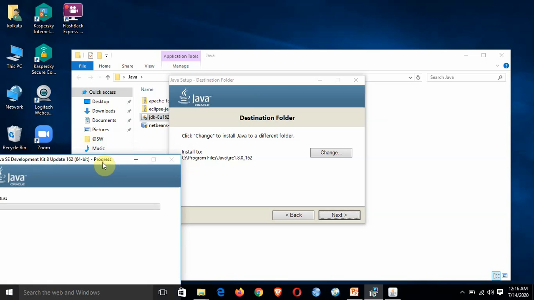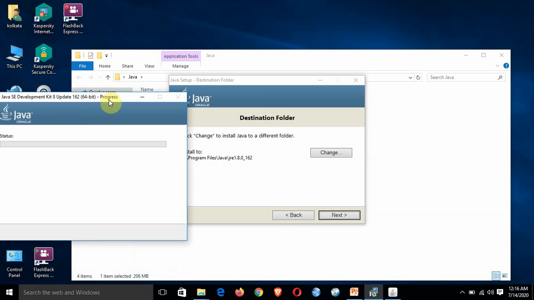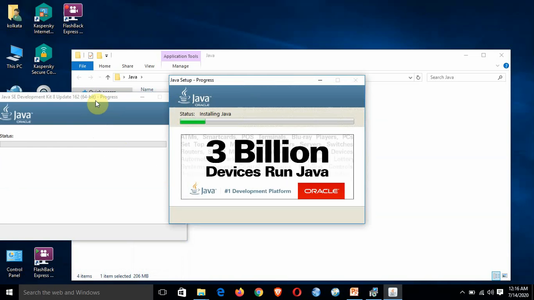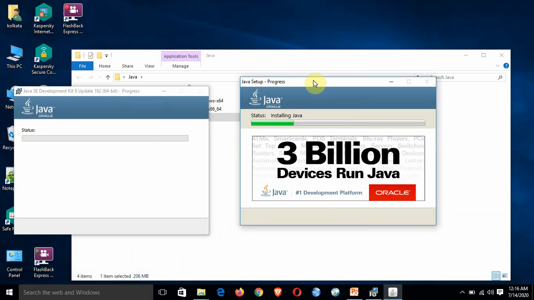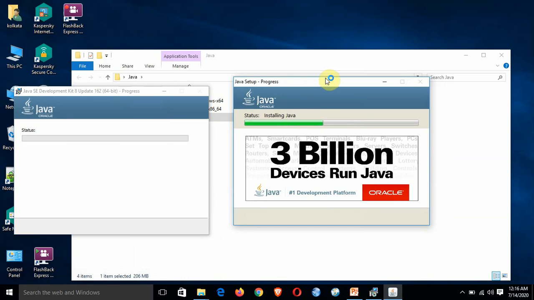So here it is looking for JRE. I will be pressing next, because JDK and JRE, both of them are important for working with Java. You can see it here.